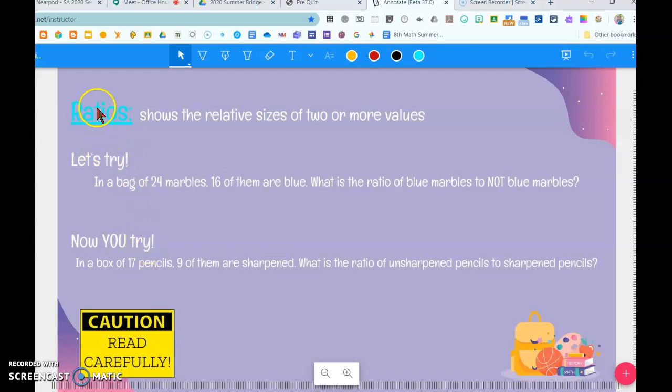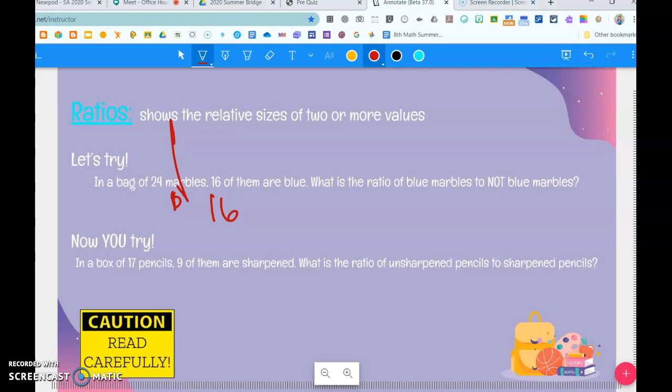A little review of some vocabulary is the ratios. We have talked about ratios a bit, and now we're going to use them to make proportions. So, for example, if there are 24 marbles and 16 of them are blue, what is the ratio of blue marbles to not blue marbles? So if we have 16 that are blue,